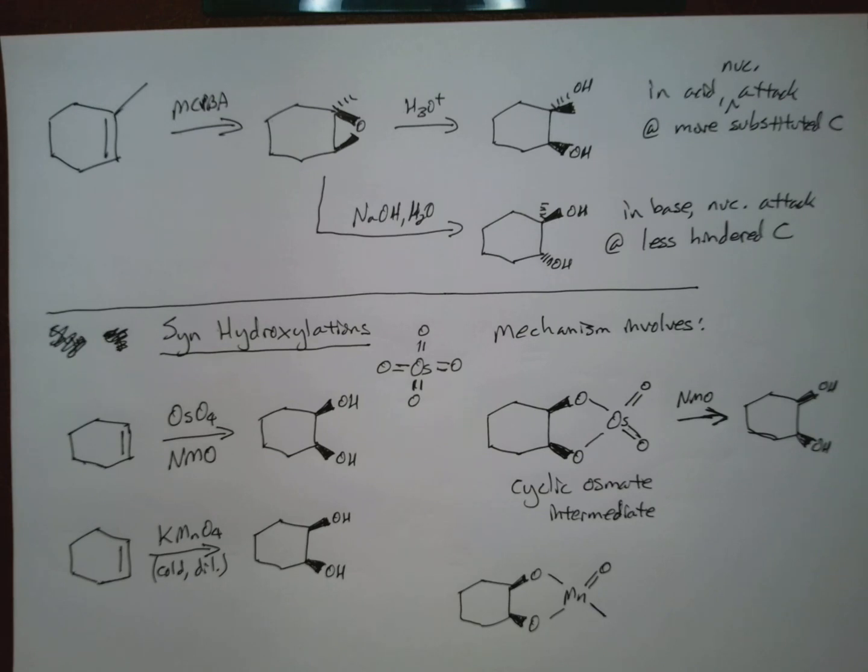Where is my permanganate here? KMnO4. It doesn't show it in the McMurry text. So, I could just draw it and then go back later and correct it for you guys, but